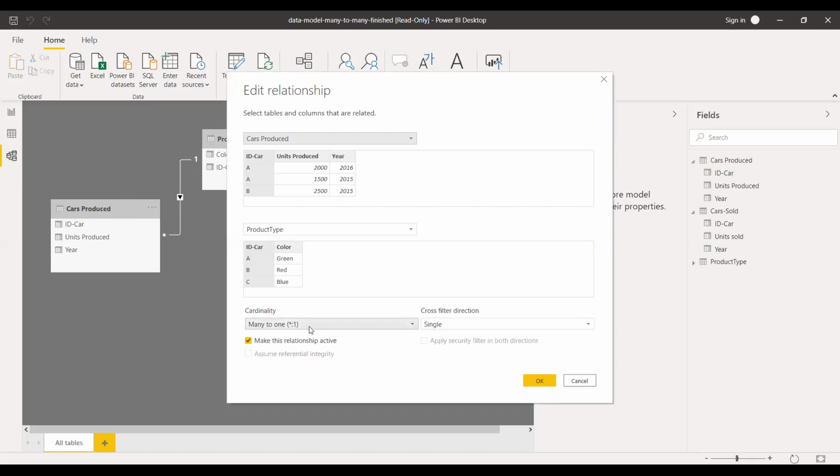You can see this many to one relationship, and you can also see the cross filter direction. It's nothing but what we are doing right now, cross filter selection. You need to select both over there and then click OK.